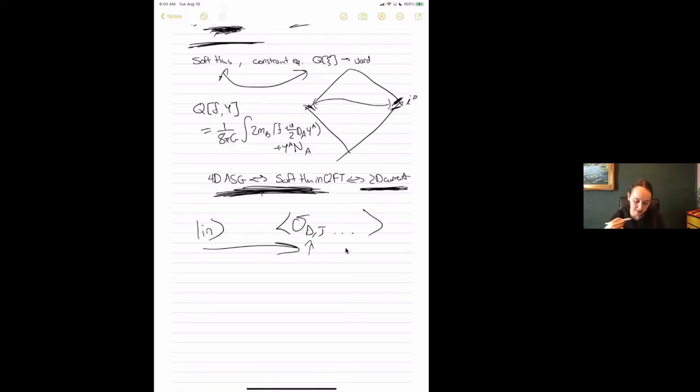But the key of why we're doing it, and why we're spending so much time on the soft theorem side of the story, is that basically we now have currents here. And so that feature is important because otherwise you would basically just be doing an exercise in changing between representations.